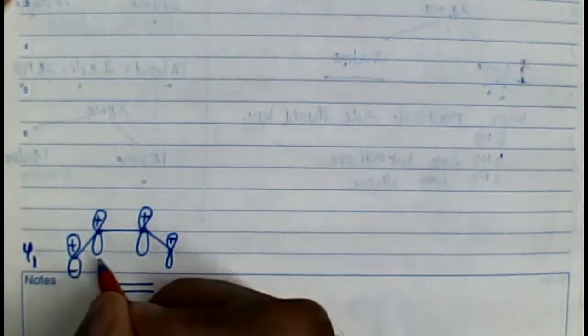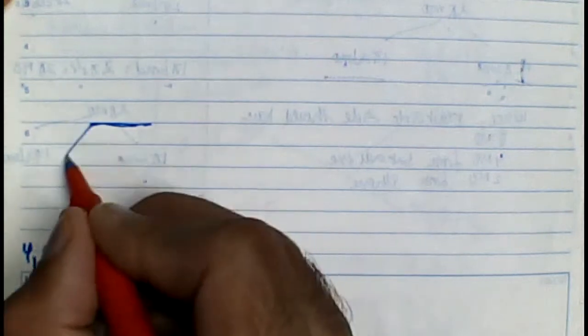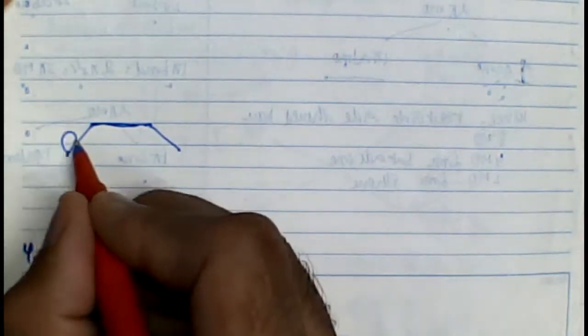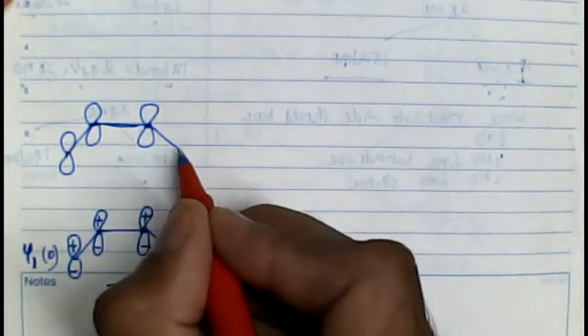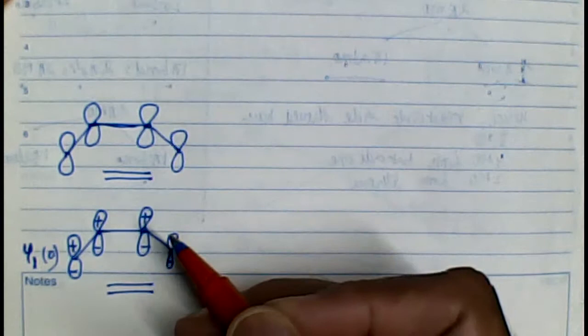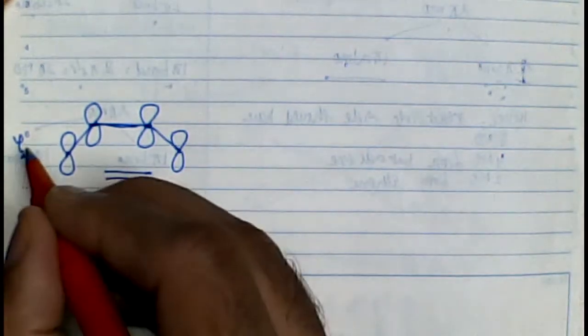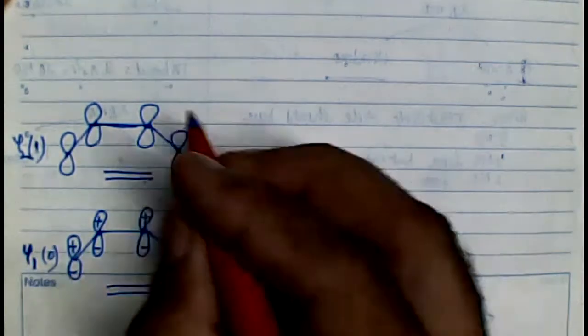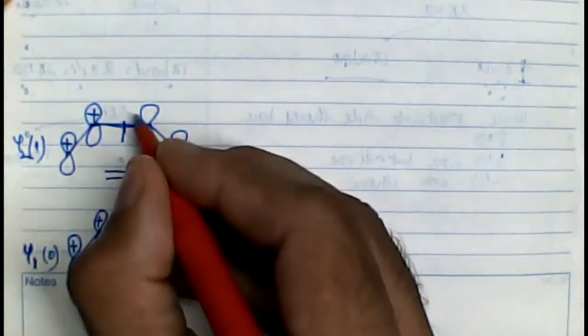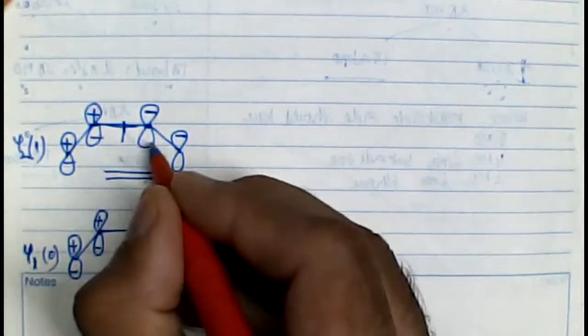Right. According to me, the most stable orbital should be one in which all the 4 orbitals of butadiene are conjugated. Since all the 4 orbitals are conjugated, there should be no node between them, so this is my most stable orbital. The second orbital should be one in which I can draw butadiene molecule like this. Let's say this is the ethene part. I'm not mentioning the ethene part because the ethene part is as such. The molecular orbitals are contributed by butadiene. I know psi2 should have one node here. We know how to draw the molecular orbitals corresponding to butadiene, right?